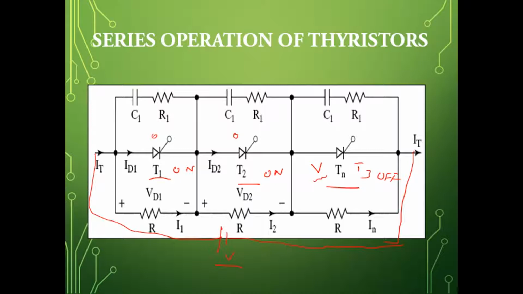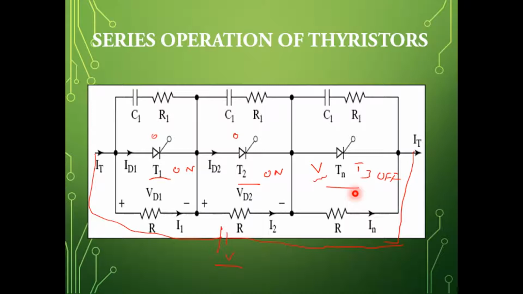So in order to have equal voltage among all the thyristors connected in series, we connect a resistor across each thyristor. You observe here, you have a resistor R here, resistor R here, and resistor R here. What is the meaning of that? All the resistor values are the same. That means the voltage across the first resistor, second resistor or third resistor is the same. The same voltage will appear across each thyristor. So we want equal voltage sharing among all the thyristors which are connected, so we connect the resistor across each thyristor. Okay, that point is clear.